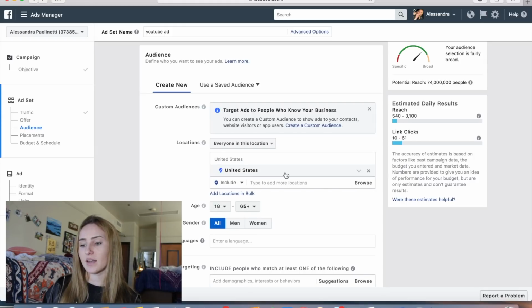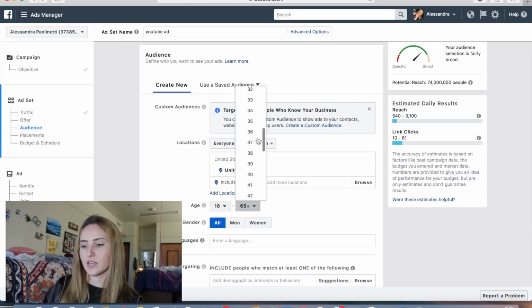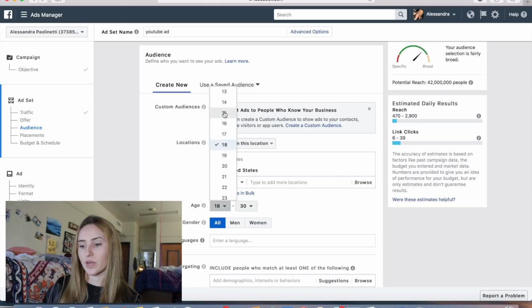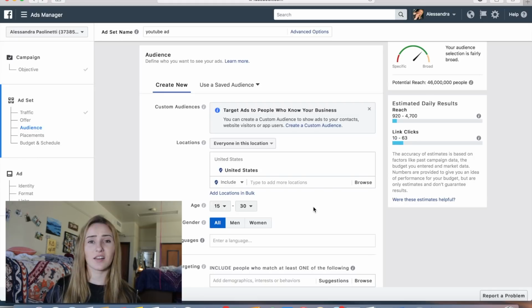So for this ad, say that I want to target people who want to learn how to gain followers on Instagram. My first thing I'm going to do is probably narrow down my age range because I would assume that most people that want to gain followers on Instagram are going to be between the ages of like 15 to 30. Not a lot of people older than that are really going to be trying to promote their Instagram and trying to gain a lot of followers. Obviously there are going to be some exceptions, but a majority of people who want to gain a lot of followers on Instagram are high school kids, college kids and people in their 20s.